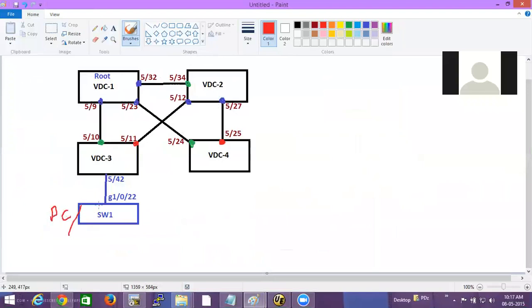So if I simulate that as a PC, I'll give it an IP address. If I simulate that as a switch, I'll leave it like that. So now this port, which is connected to the, I'm not taking this as a switch. This is a PC, okay? So generally, what port should that be? A designated port,